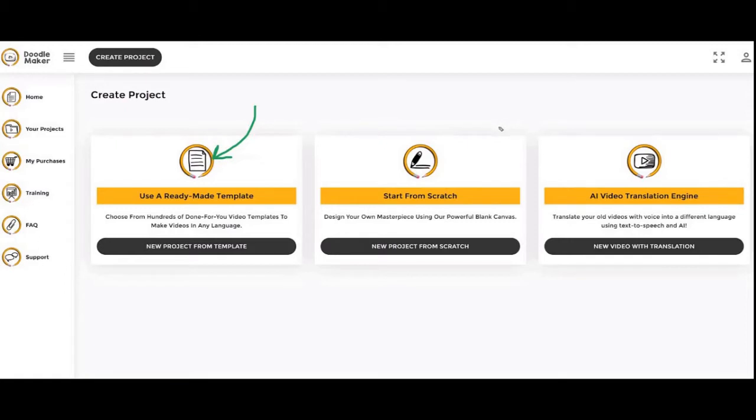And more importantly, for the first time ever, you can create doodle videos completely with artificial intelligence using this option right here called start from scratch, meaning you paste a script and automatically it's going to create the doodle videos for you. And then on top of that, not only is that powerful, we could have stopped there, we went